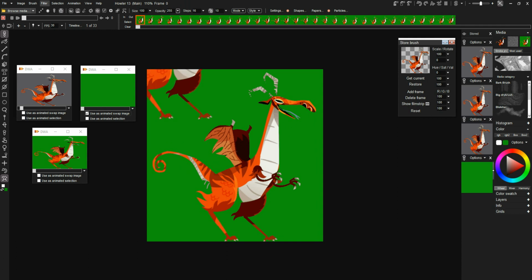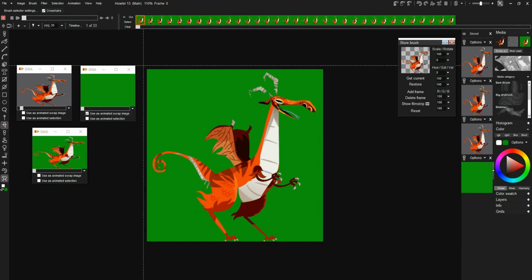What you want to do is go to the first frame in your image, in your sequence there, and then select the custom brush selector tool and click and drag here. And before you let go, press the Alt key. Now, as you press the Alt key and then let go of the mouse, it's going to go through all of the frames of the animation and pick them all up. So now if you store that